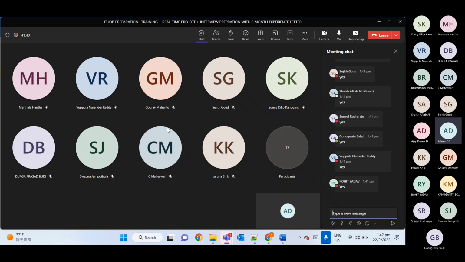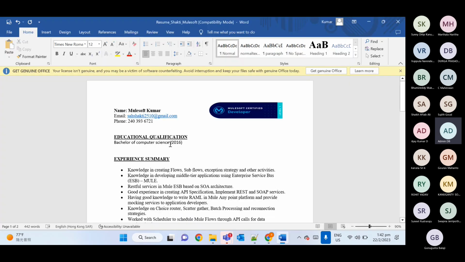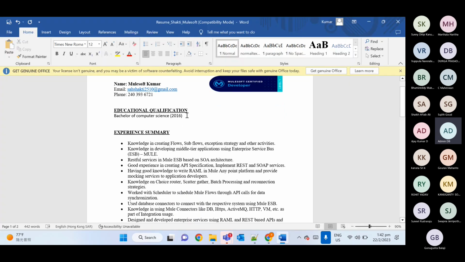Okay, hope everyone is good on this part. Second part, you need to fill in your education. Whatever last education you have, let's say you did BTech, BSc, or MBA, just put it here.